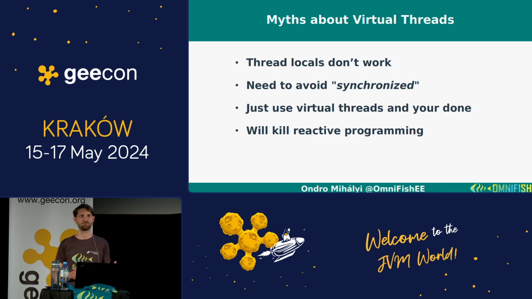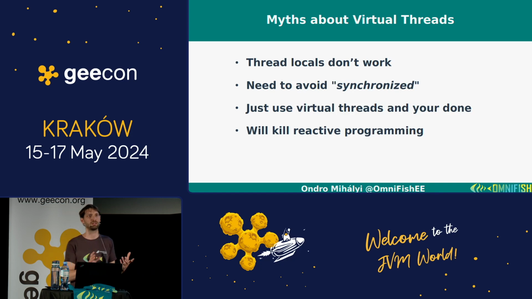That's not true. If you have synchronized blocks in your application or in a library, maybe you don't even know that it uses synchronized. It's not automatically going to ruin your application if you use virtual threads, because synchronized is only a problem in two cases. When within a synchronized block you do an I/O operation, which is a blocking operation that normally would cause the virtual thread to be removed from the underlying system thread, and another thread would be scheduled. But if it's in the synchronized block, the JVM cannot do that for whatever reasons.